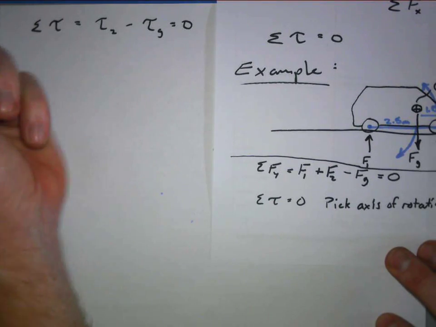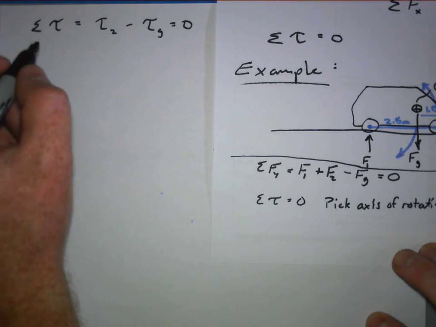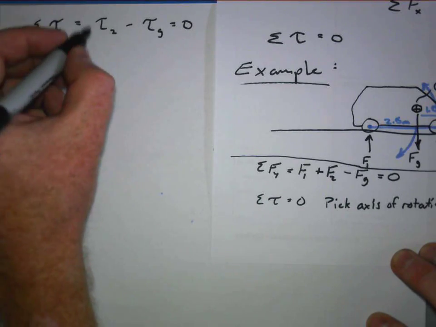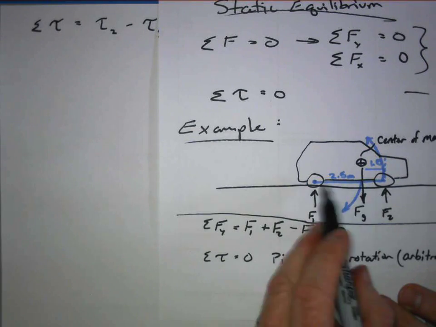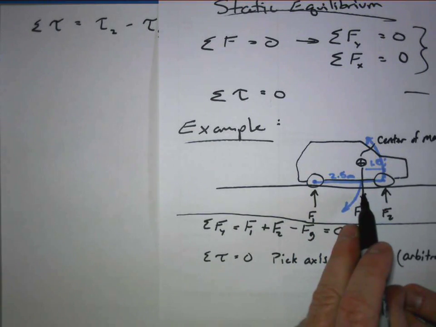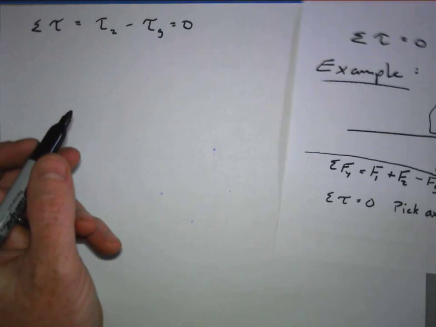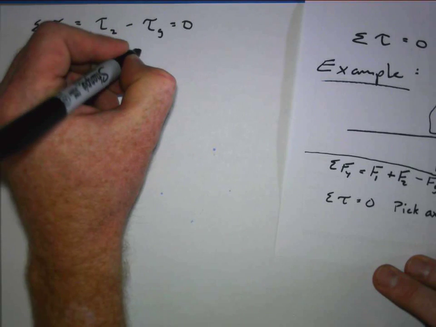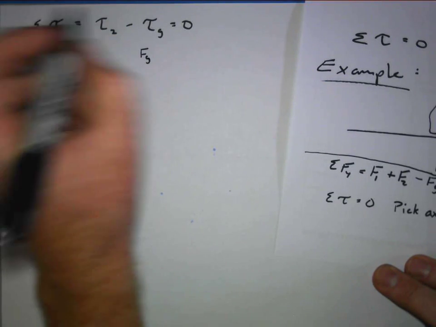So those two torques should be equal. But a torque is a force times a radial distance, and I have radial distances here. The whole wheelbase is 2.5 meters, so for this weight it is 1.5 meters from that axis of rotation. So this is going to be the force, which is the force of gravity, times the radial distance,